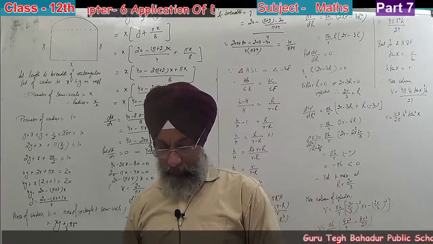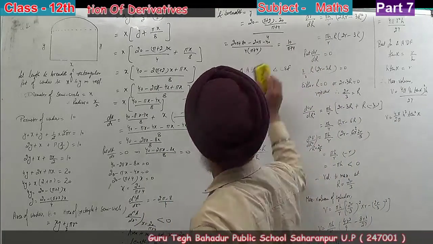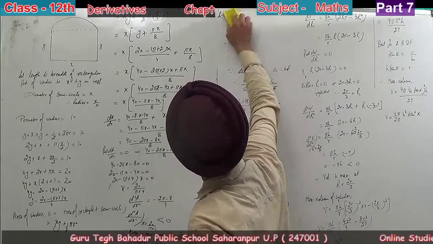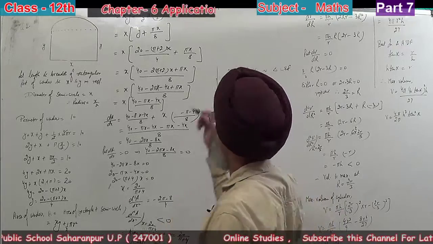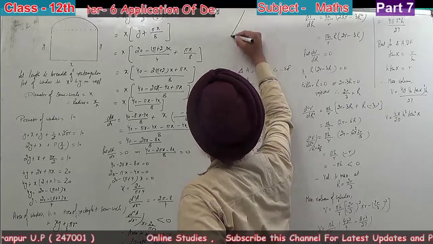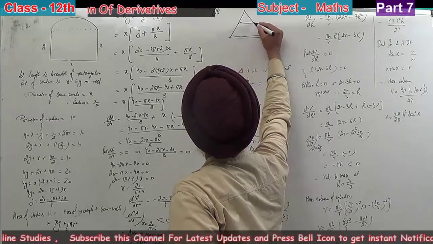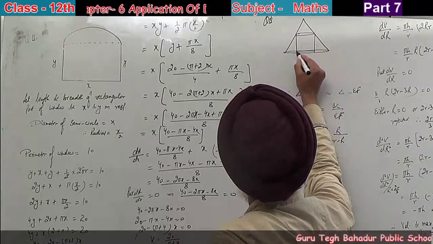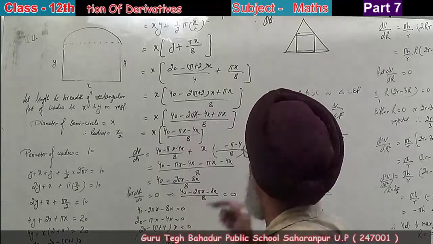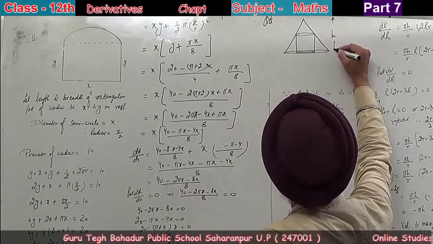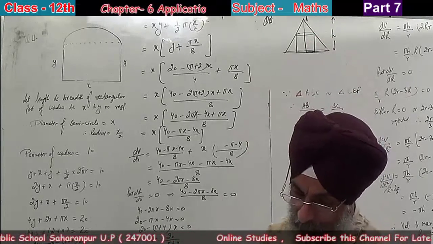One of the more questions I am discussing is question number 18. If we see question number 18 here, it is saying to show the height of the cylinder of the greatest volume. We have the cone with a cylinder inscribed in it, of height h, the height of the cone is h. Moreover, the semi-vertical angle is alpha.